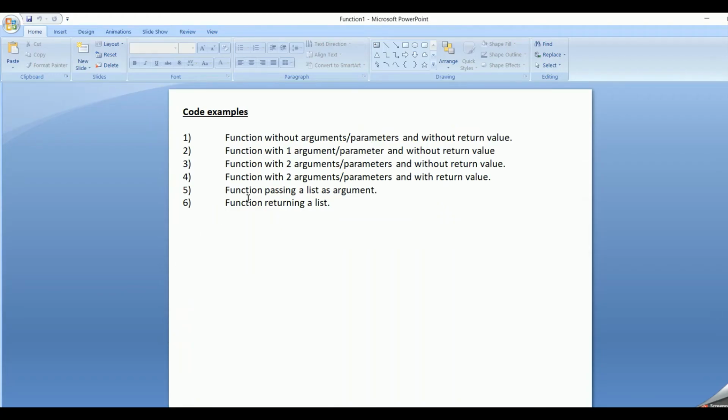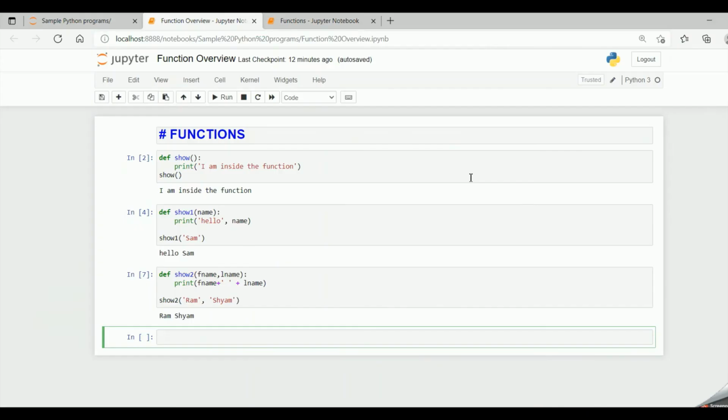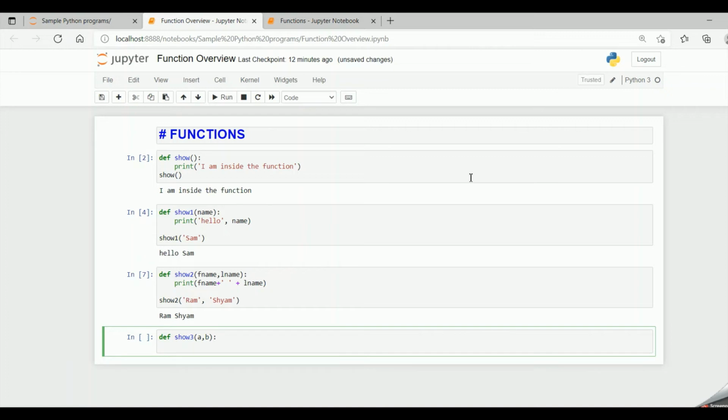Now let's move on to the fourth type, wherein a function accepts two arguments and returns a value. For this, let me say def show3 (a, b) and then colon. Basically I want to subtract two numbers. So let me say diff equal to a minus b.